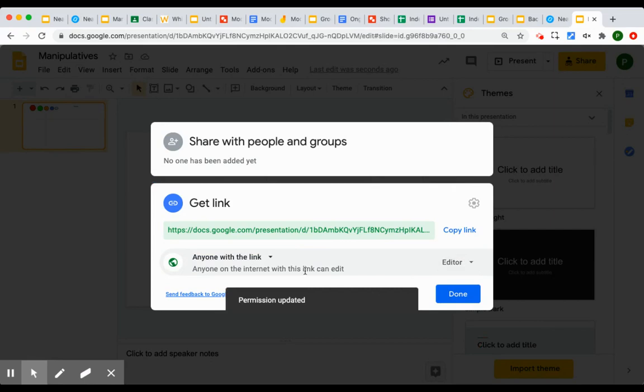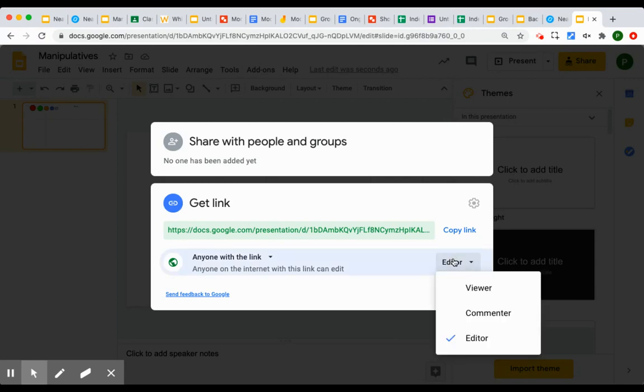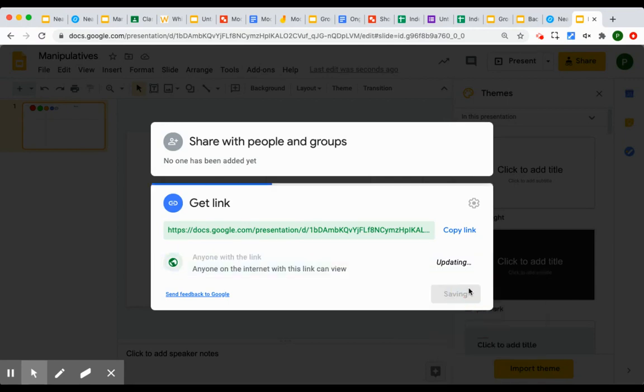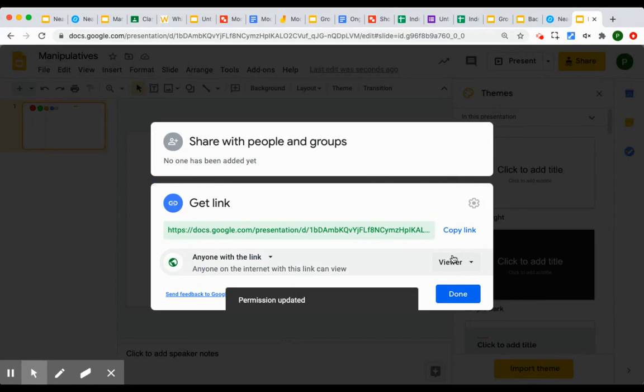If I make it anyone with the link can edit, then when we're in the Nearpod, when it's embedded, kids will be able to move things around right on the slide or the doc or the draw. If we make it a viewer, then only I will be able to. So for this one, I'm going to make it a viewer. Sometimes I'll show you some examples where you want it to be edit. Copy the link,